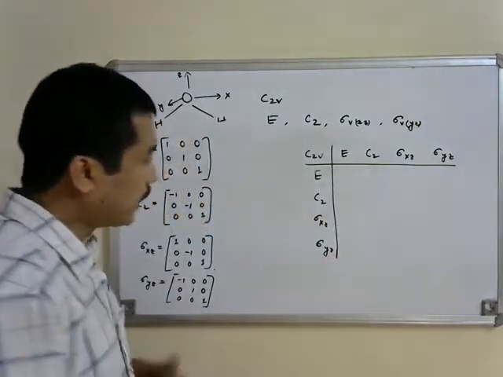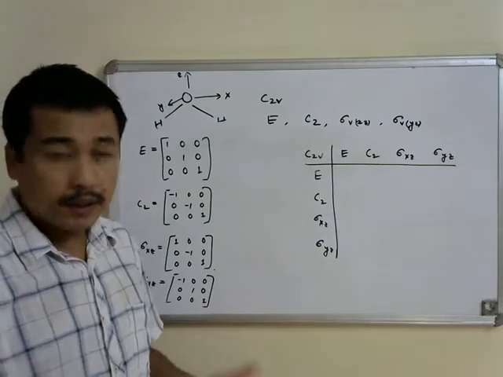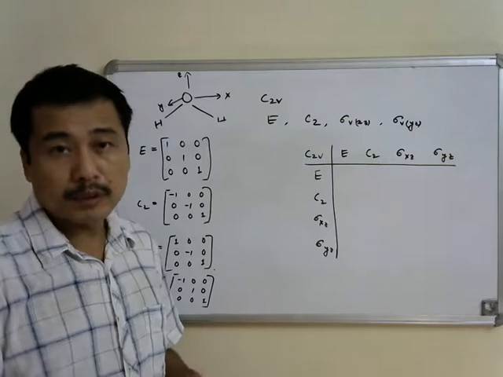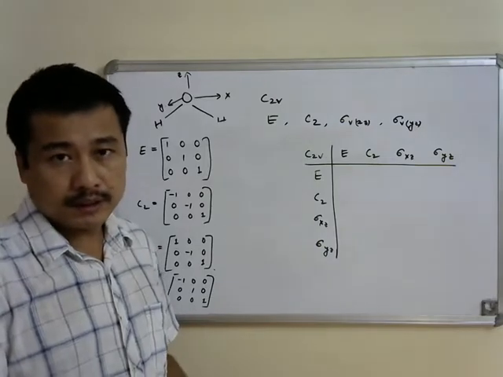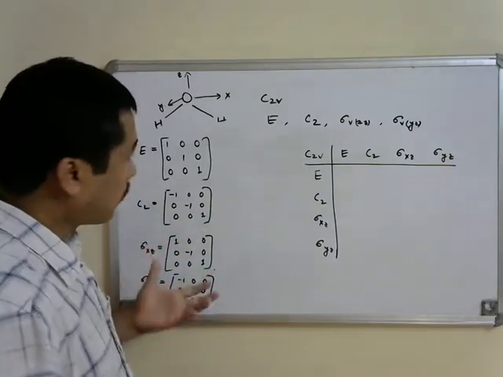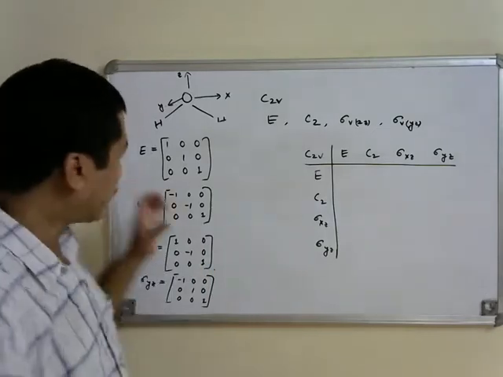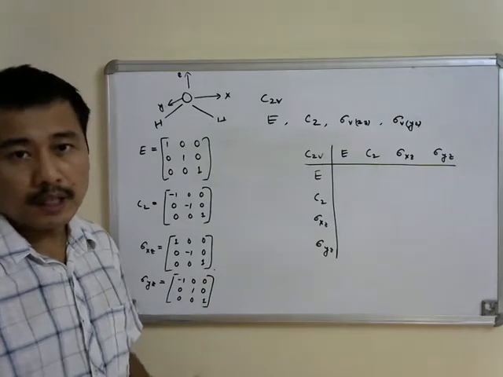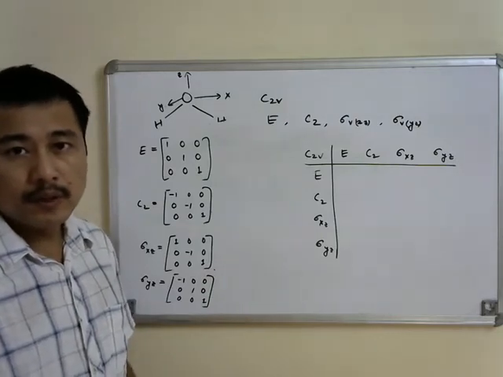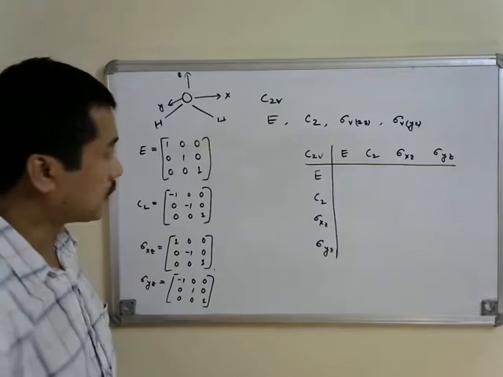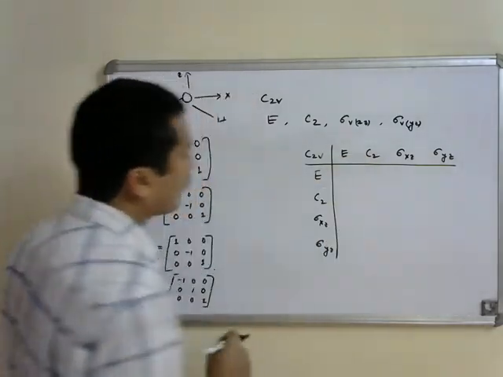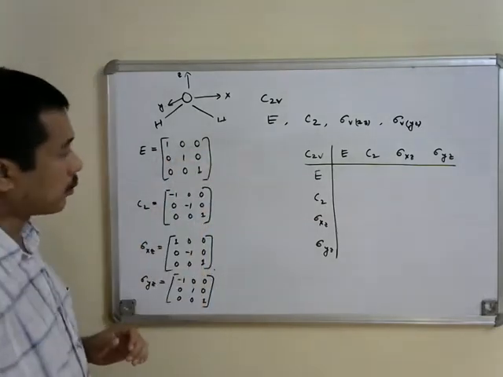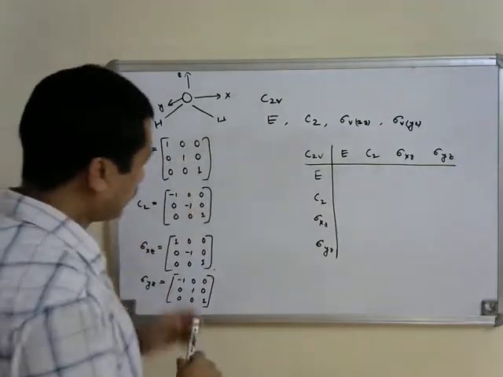Earlier, we did the symmetry operations successively to find out the product of two symmetry operations, or what happens when you do two symmetry operations successively. Now, instead of doing that, we can multiply the matrix representations for the symmetry operations, and it will essentially give us the result of the product of two symmetry operations. That is, when we multiply E with E, we will have to multiply two matrices representing the identity operation, then the result is going to be equal to